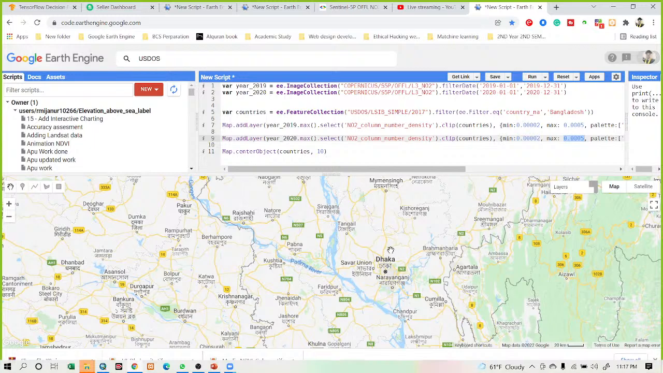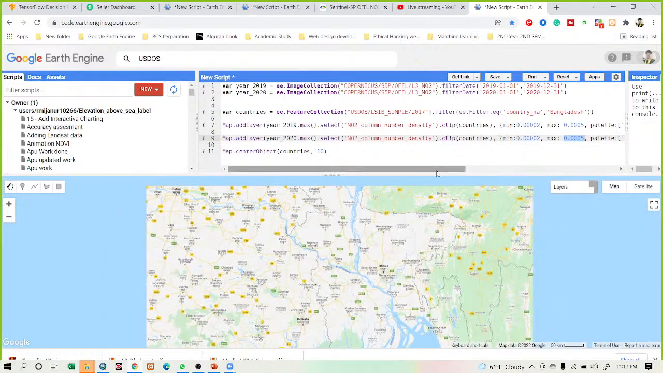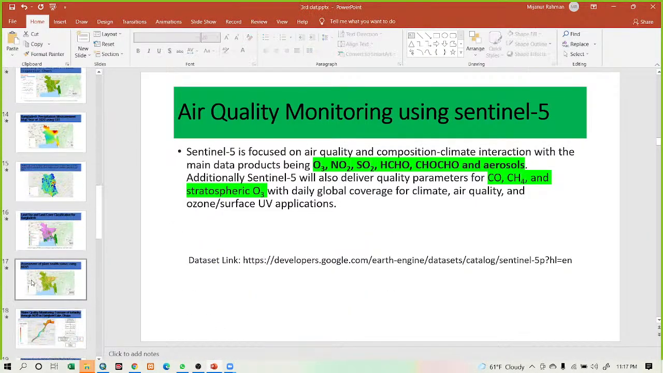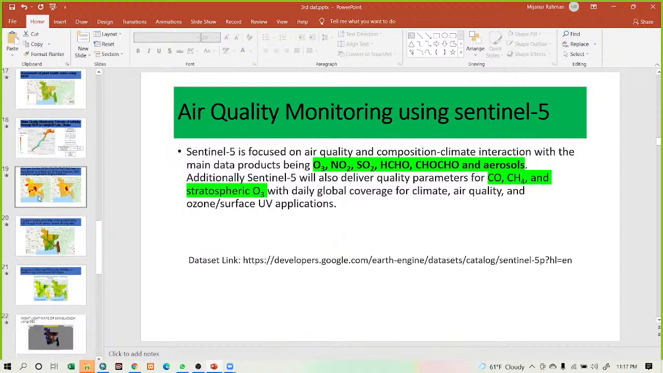Okay, so here I also try to show you my previous tasks so that you can easily understand. So it will appear. Okay, so you can see here